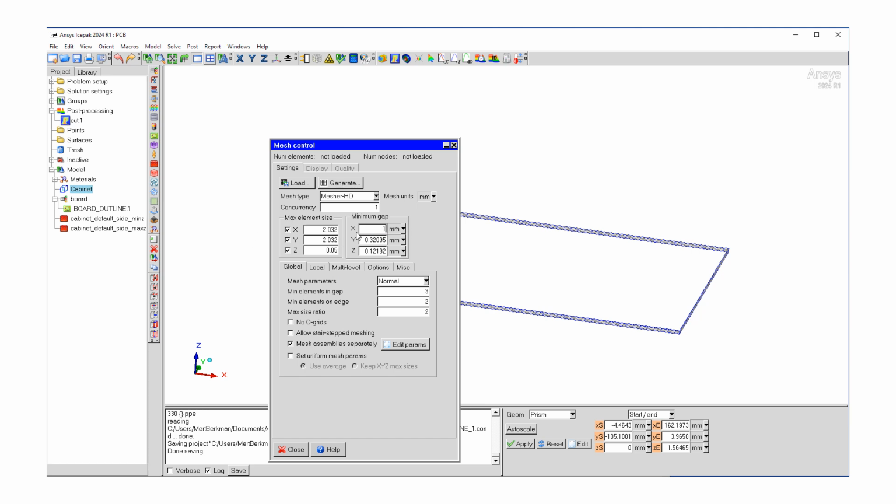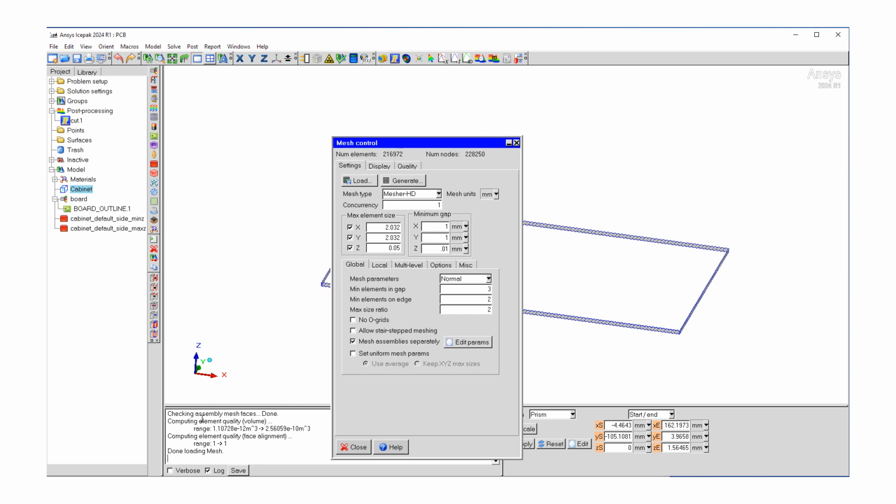And let's also define our minimum gaps as this. So now we're going to use the Mesher HD method, and we can use all the defaults, and just going to hit generate. So this is going to go ahead and generate. What you can see here on the top right corner is the progress bar, and it went ahead and very quickly generated the mesh. We now have a mesh of around 200,000 elements,